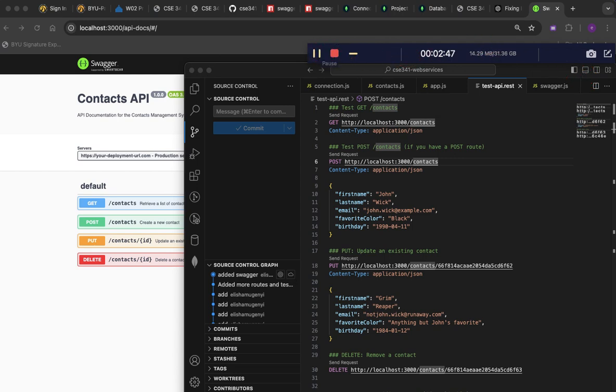Okay, welcome back. What I did is I just paused so that I could start my connection file to connect to my DB, and here it is. It has shown the connection, and then I started